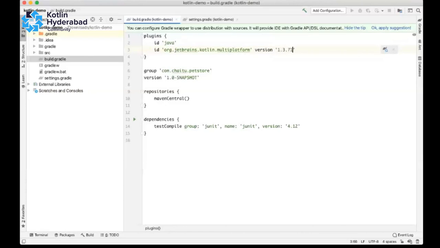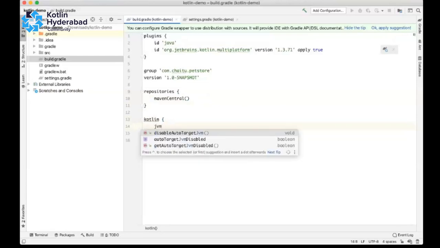2.7. Next, we need to define the repositories. This is fine. Then we will say here Kotlin, and we will say which platform we are going to use.